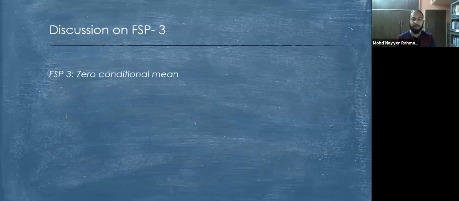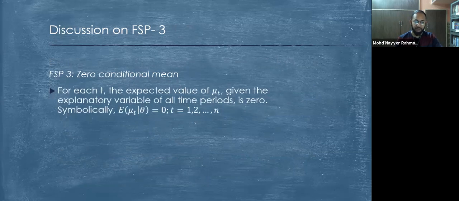The third finite sample property is zero conditional mean. In order to properly understand conditional mean, you can see the initial discussion on conditional mean in Gujarati, Basics of Econometrics. Conditional mean is the expected value of a particular sample with respect to the average of that sample in future. If the conditional mean is 0, then we can go for future analysis using that regression. Otherwise, again, we have to make some changes.